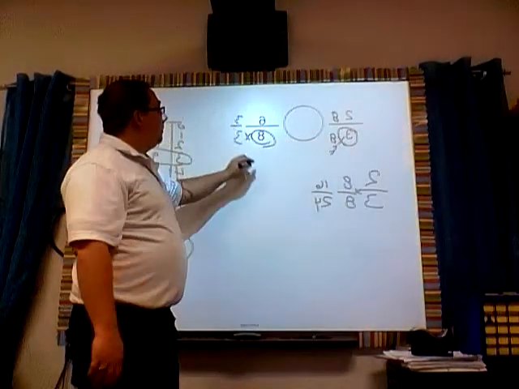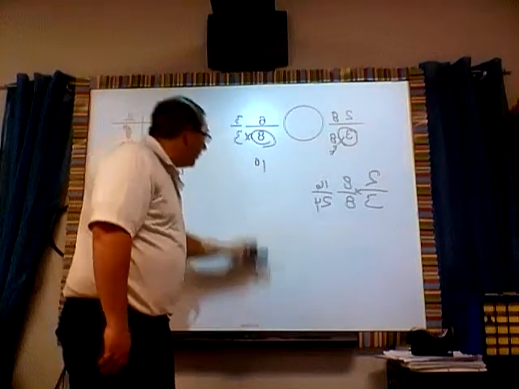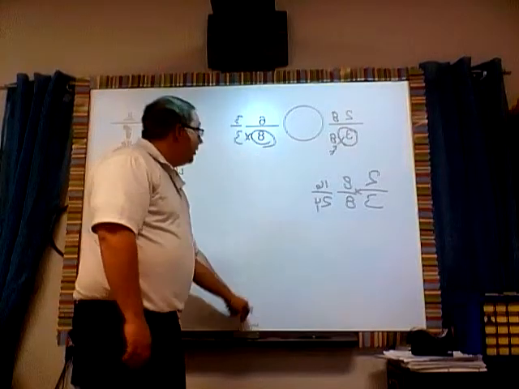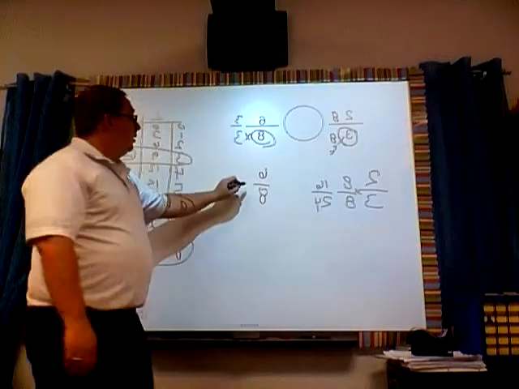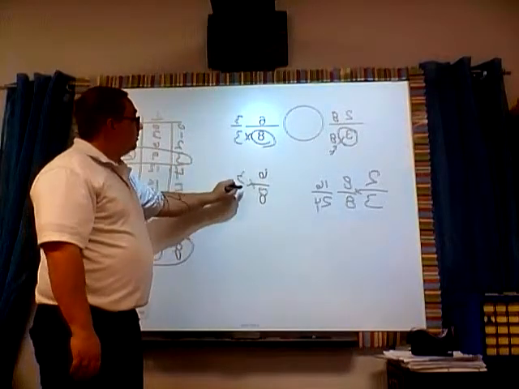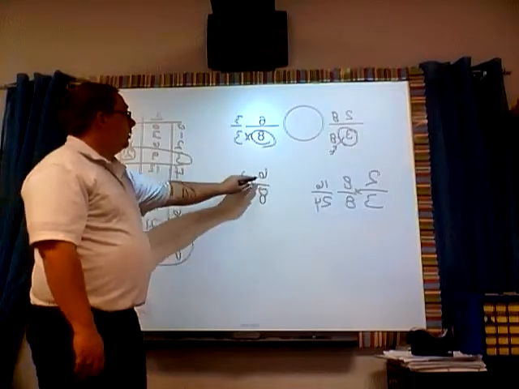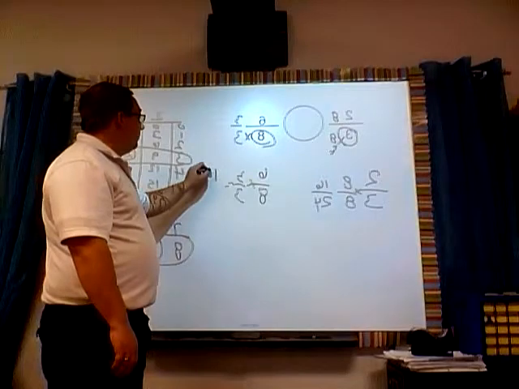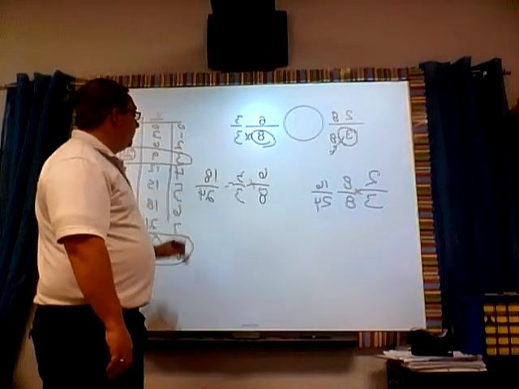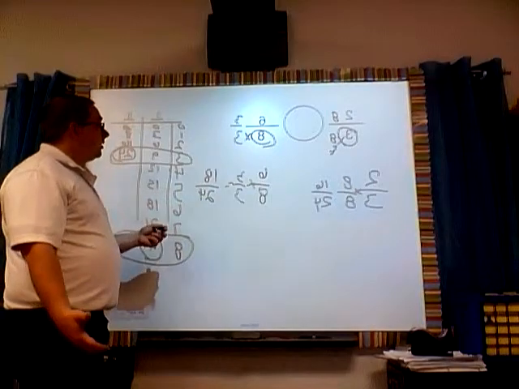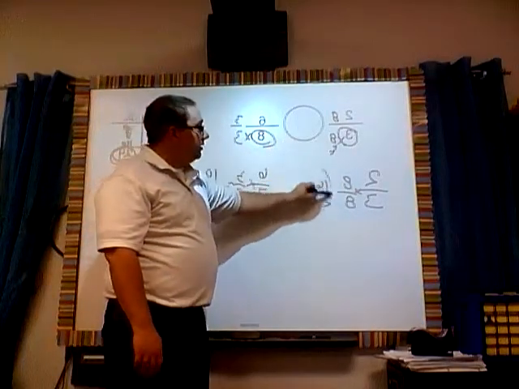6 times 3 we see is 18. Oh, hold on, let's actually do the math. 6/8 times 3/3. Okay? 6 times 3 is 18. 8 times 3 is 24. So we now know that this fraction, when we go to common denominators, is going to be 16/24